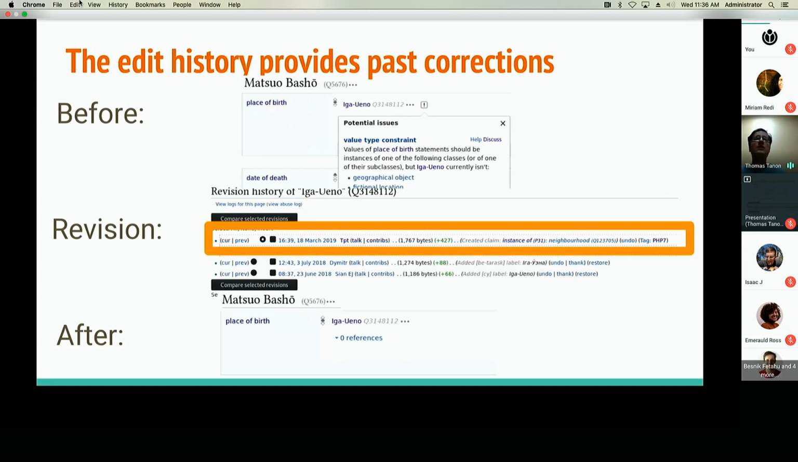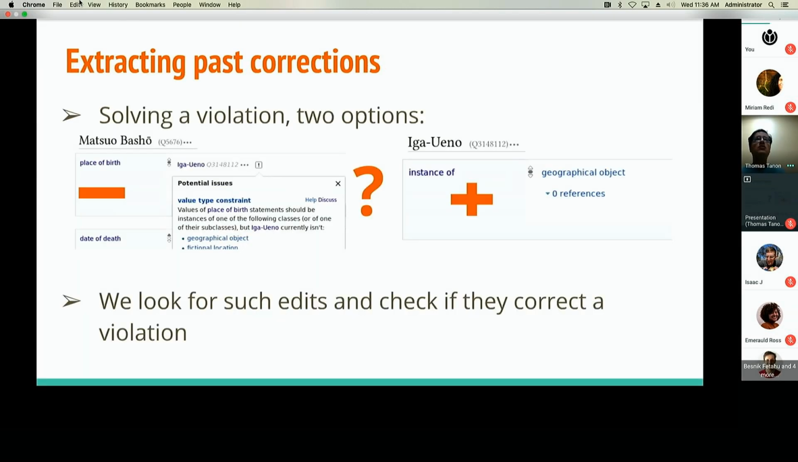And so what we did is that we extracted that from the Wikidata history. Another finding is that when you have a look at constraints, there are two atomic ways to solve a violation of Wikidata constraints: remove a fact or add a fact. For example, for this value type constraint for place of birth, the two possible ways to solve the violation are to remove the place of birth fact or add a type, and it generalizes